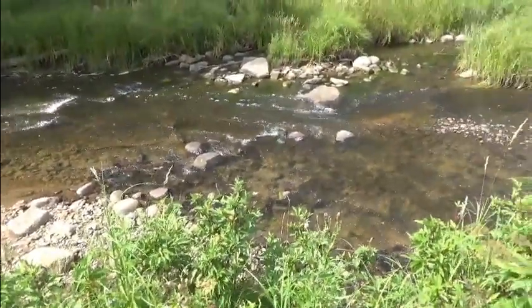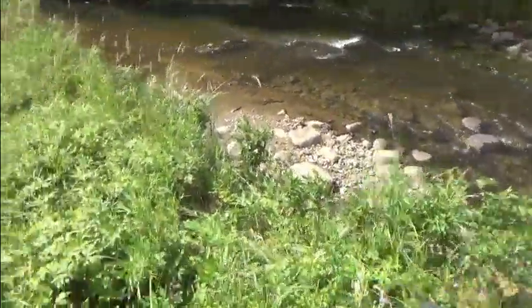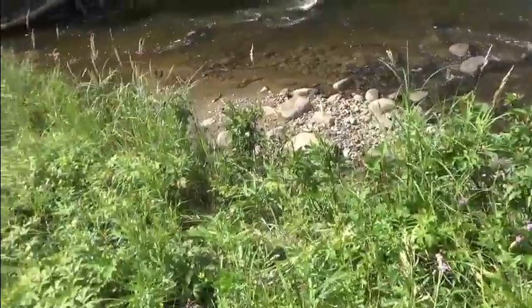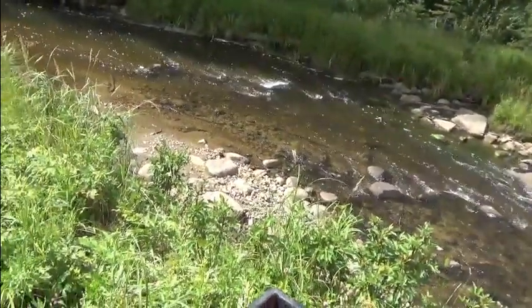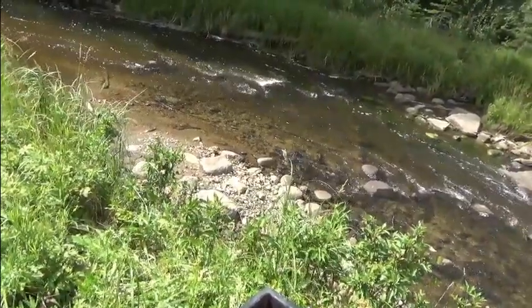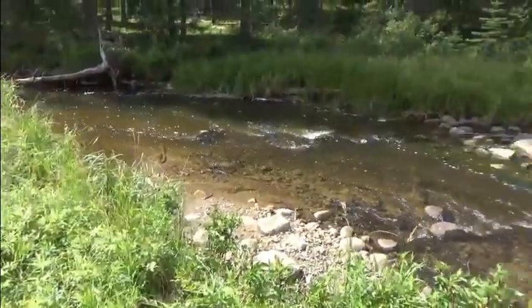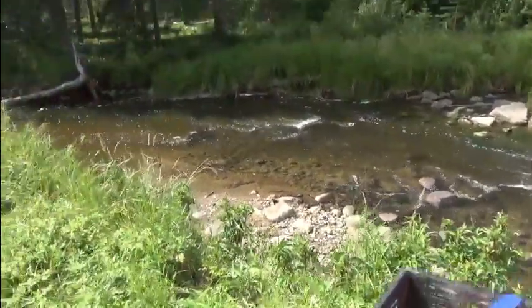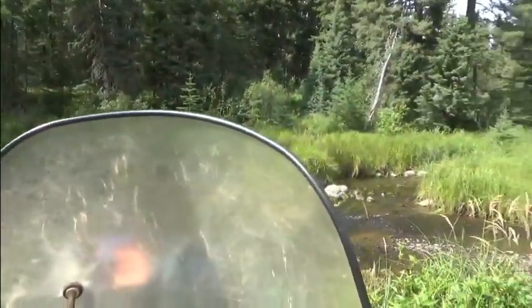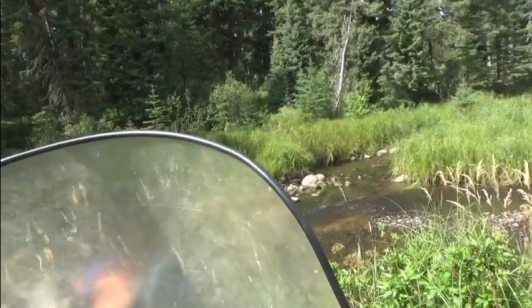This is that spot where I'm going to have to bring some wood in and build a little ramp. I've got a straight up and down bank here, about 2 feet. I could probably chop it down with a shovel and get up and down with the quad, but it'll just wash away again. So I'll just put a little ramp in here and then drag it up on shore after the fall. So I went 10 miles in to the cabin, came halfway back out, and then came about 8 miles this way,